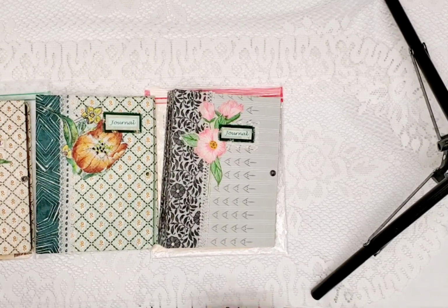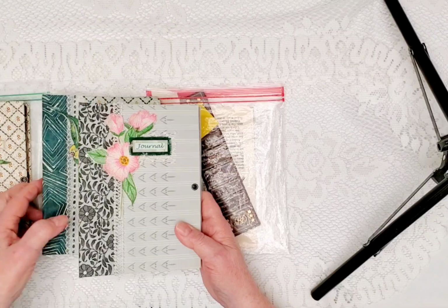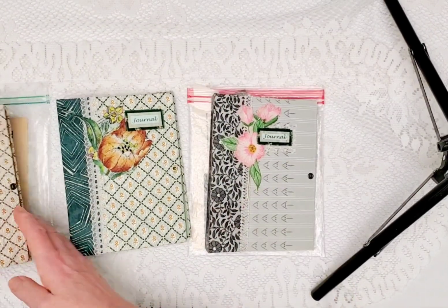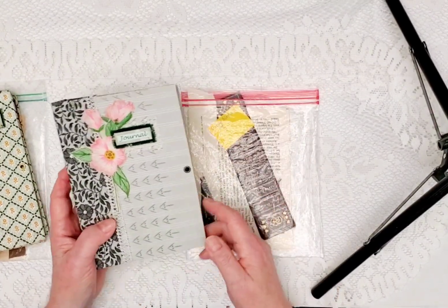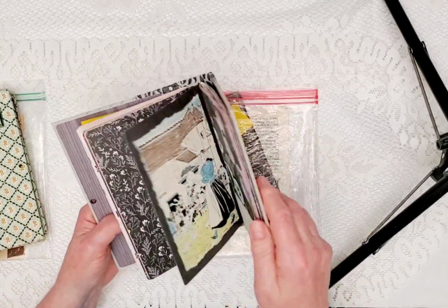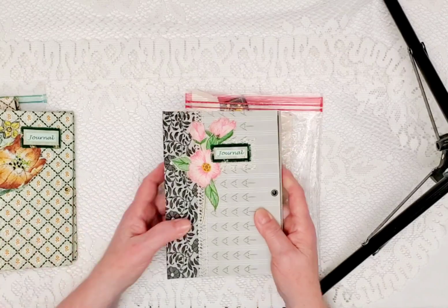Once I finish up those other two, I've got 3 new journals that I just finished making that I'm going to show you today. And this is what's called a naked journal. In the journaling community, we have fully embellished journals and we have naked journals. And this is how I'm doing. Now these 3 journals,